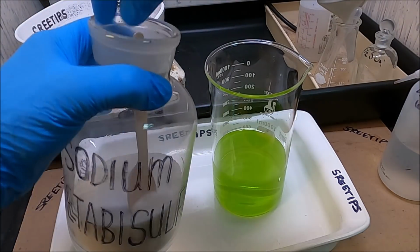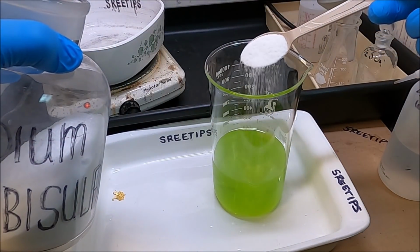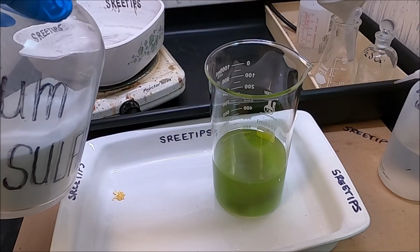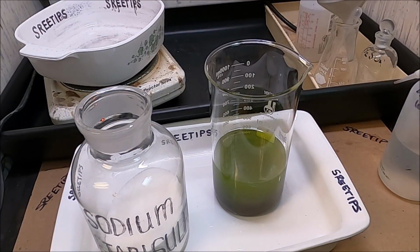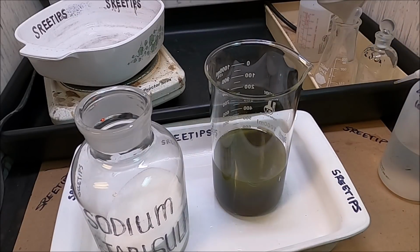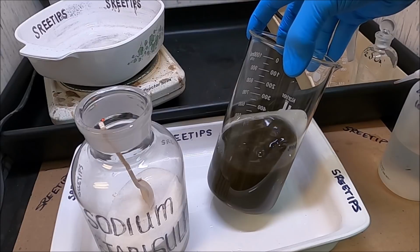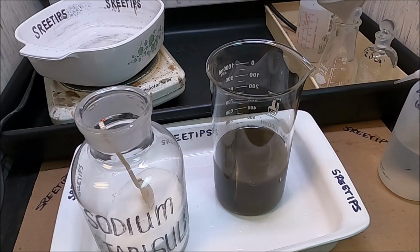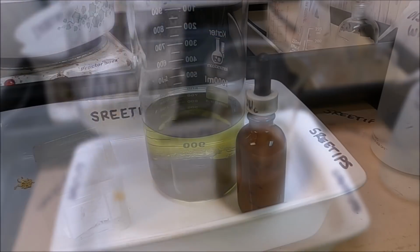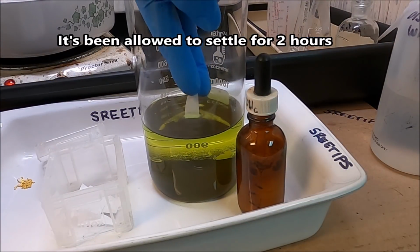Here we go. There it goes. I think that did it. Just those 2 spoons of SMB. Right, I'm going to get a little piece of filter paper, stick it down in our solution, and we're